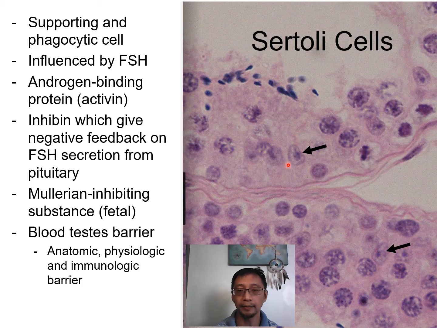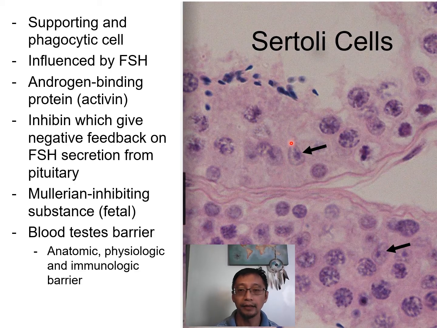It has endocrine properties and is influenced by the follicle-stimulating hormone that is produced from the anterior pituitary. The Sertoli cells will produce your ABP or androgen-binding protein, and that will stimulate your Leydig cells in producing your testosterone. It also produces your inhibin to give a